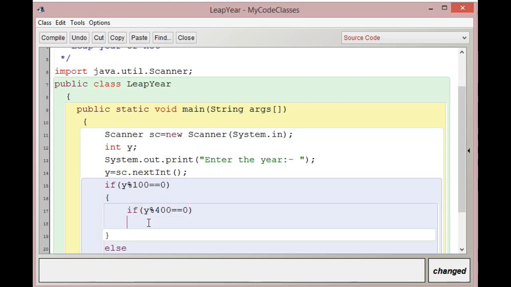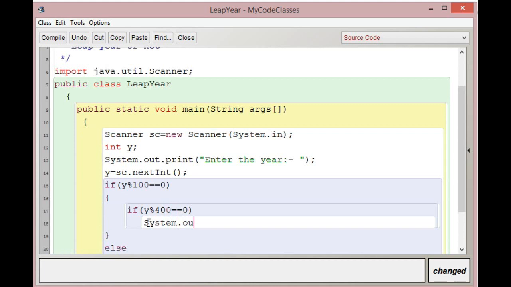If it is divisible by 400, there we need to print, I'm just writing, leap year, or I can write y plus is a leap year, and if it is not,